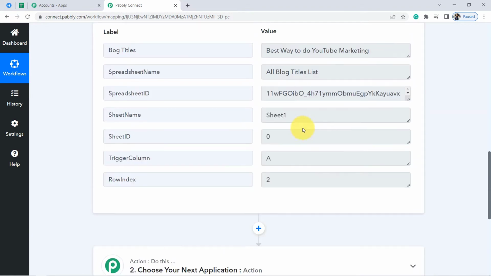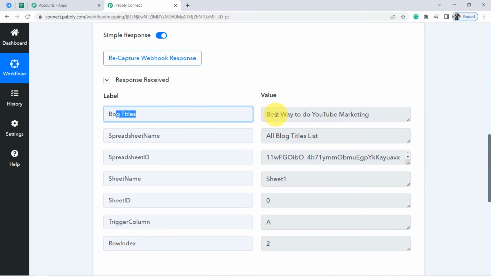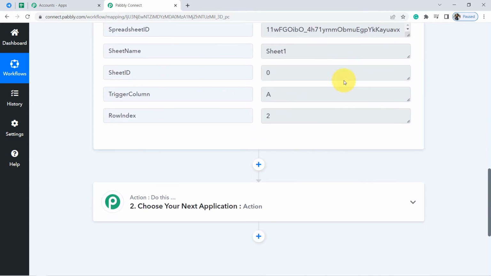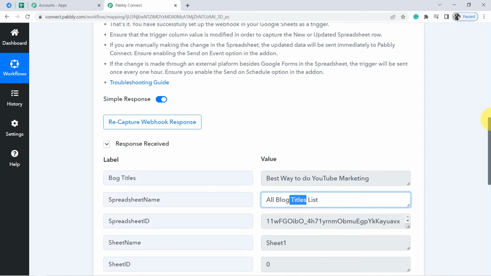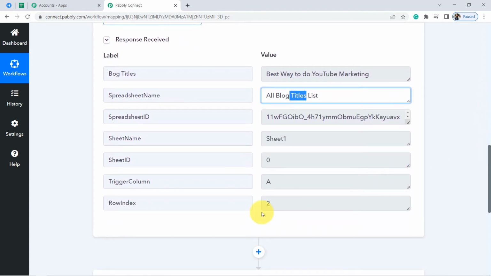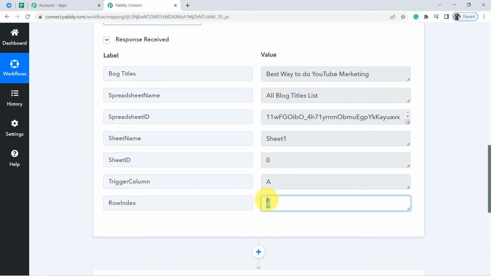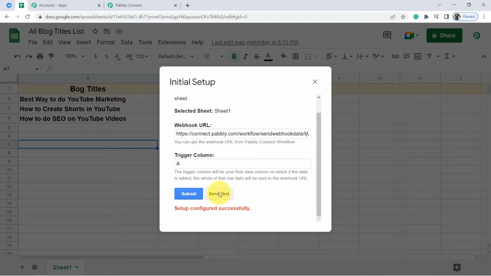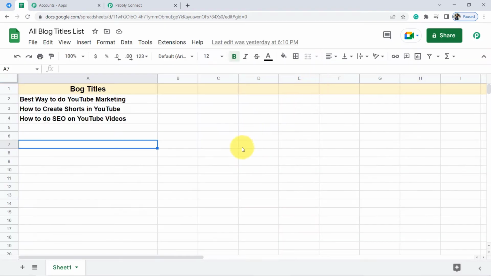Okay, you can even see the details. This is the blog title, best way to do the YouTube marketing, and this is the sheet name. Here is the spreadsheet ID. Here's the spreadsheet name, basically the sheet name, the trigger column, row index, every detail is here. Once you capture the data of this particular sheet in Pabbly Connect,